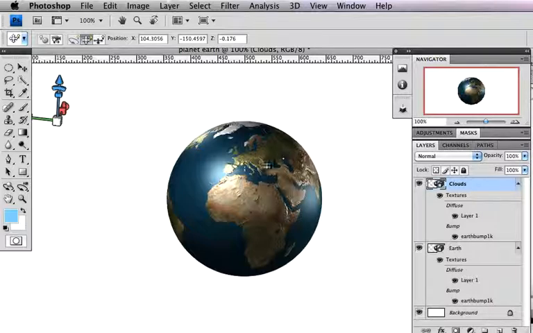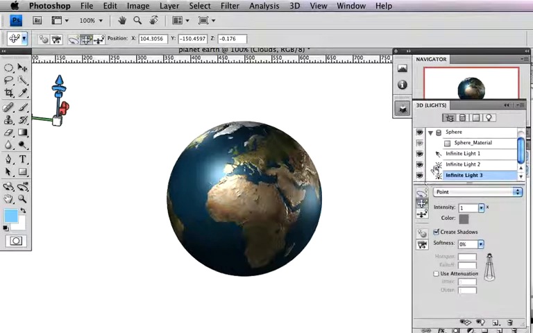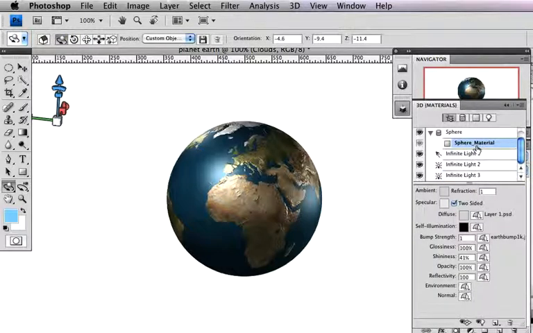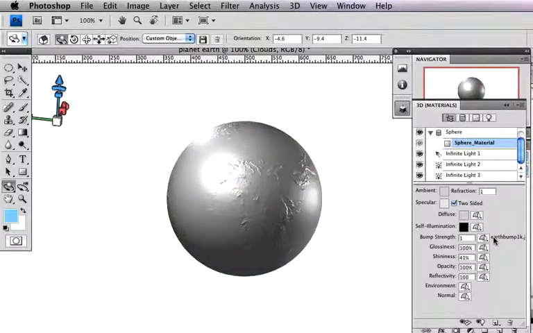Okay, now with our Clouds layer, what we're going to do is open up the 3D layer for our duplicated layer, and come down to our sphere material. We're going to click on Edit on the diffuse texture button. So let's come down to diffuse, and then we're going to select remove the texture,